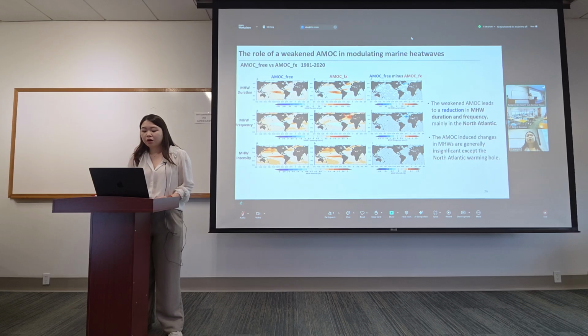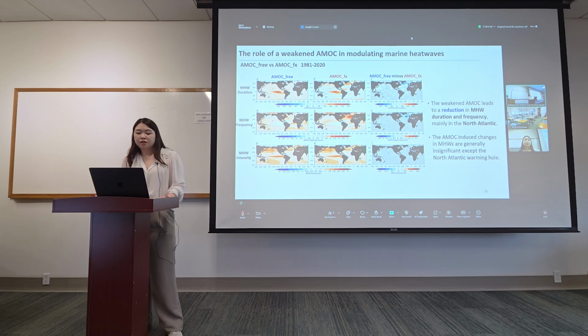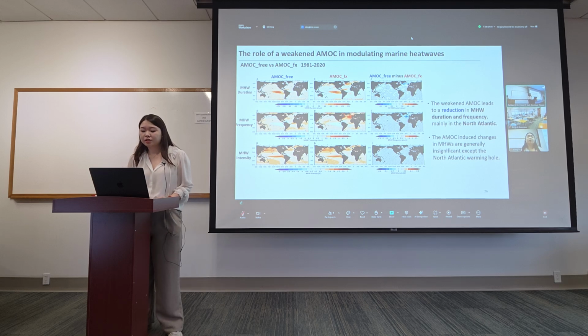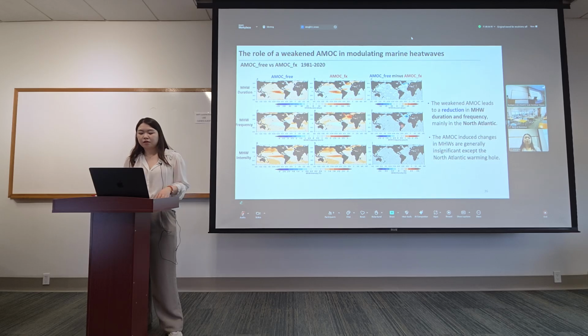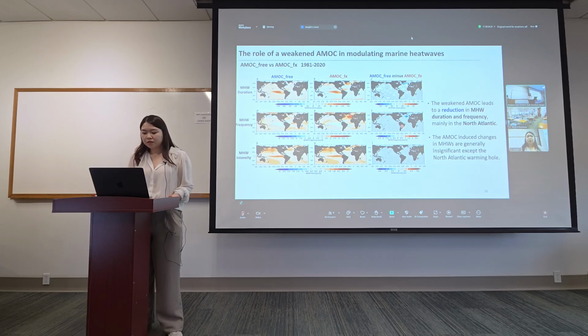It's pretty long. We also found some short lifetime but strong intensity heatwave events that happen in the western boundary current extension regions, like the Kuroshio extension and the Gulf Stream extension. If we compare the AMOC-free with the AMOC-fixed, we can see a reduction in marine heatwave duration and frequency, especially in the North Atlantic. But on a global scale, the changes in the marine heatwaves are generally insignificant. We think this may be related to the relatively small amplitude of the AMOC slowdown during the past four decades,